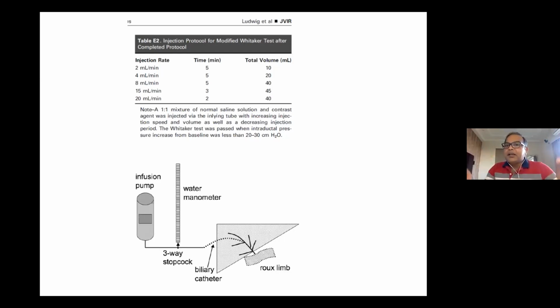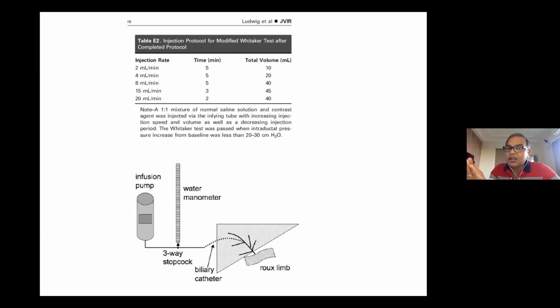The concept is, you place the catheters in the bile duct proximal to the stricture and slowly increase the saline flow within the bile duct. If the passage is clean, it will go into the jejunum and the pressure will not increase. But if you increase the flow of saline, as you can see in this diagram, there is an infusion pump, there is a water manometer, and the biliary catheter is going into the biliary duct. If the pressure increases in the bile duct, ultimately the manometer will show high readings,